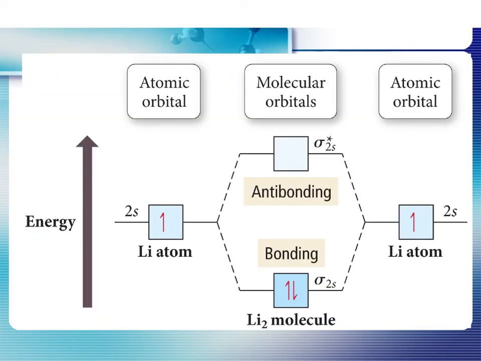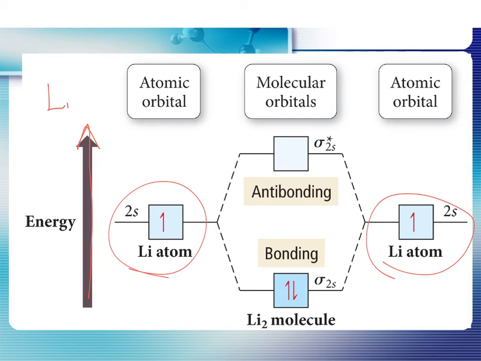All right. Here's a really simple example of how you work with molecular orbital theory. If you consider energy along the y-axis, let's say that we have two lithium atoms that are approaching each other, and we want to know if they're going to make a bond to make Li2. So if we drew a molecular orbital diagram, remember the theory says that when the atomic orbitals combine,